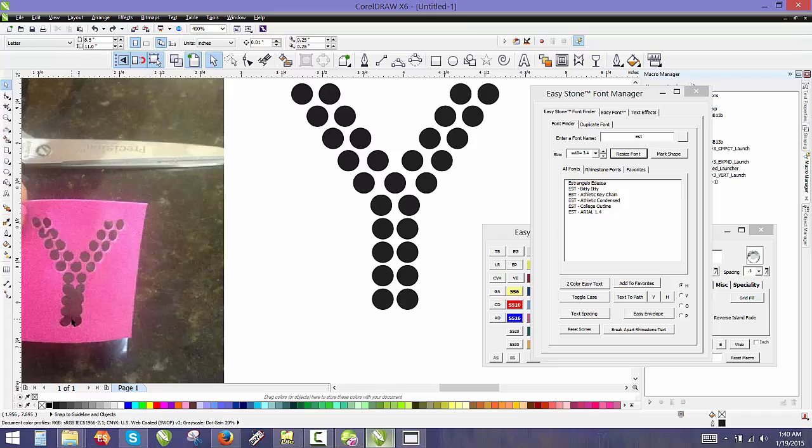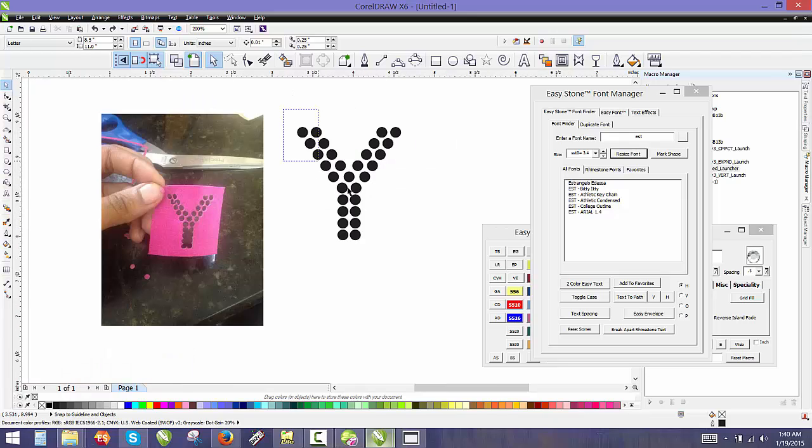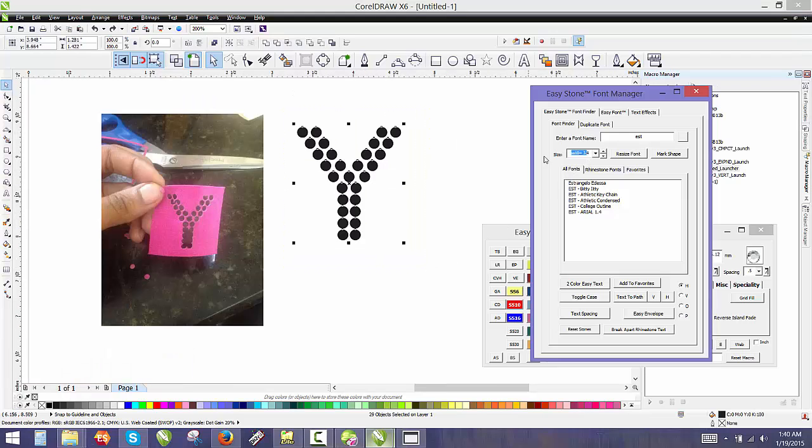But the issue down here, that's a more serious issue. And again, if you look at the artwork here in CorelDRAW, we should not get this result because there is spacing between these stones. So why are we getting this result? Well, the reason is because our cutter, you can see there's not much spacing between these circles, but the cutting software is telling the cutter to cut slightly larger circles than it really should. So really what we need to do is leave our stone spacing the same size as it is,